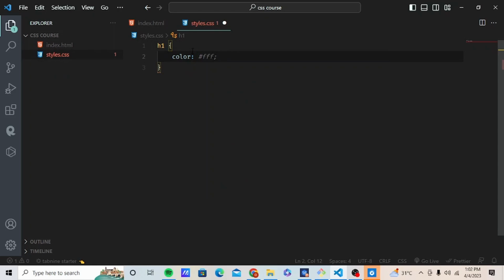All right, then you write the value of the color. The value is the color itself. Let's say red. Okay, and you end this with a semicolon. The reason why I put this semicolon is, if for example I don't put this semicolon